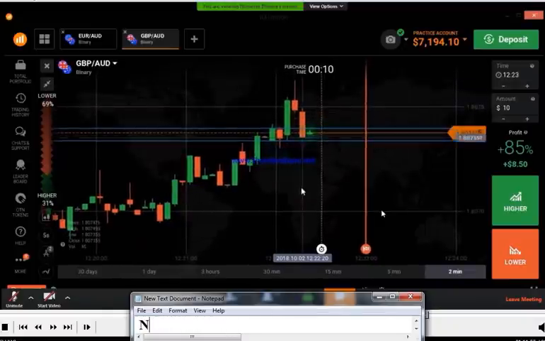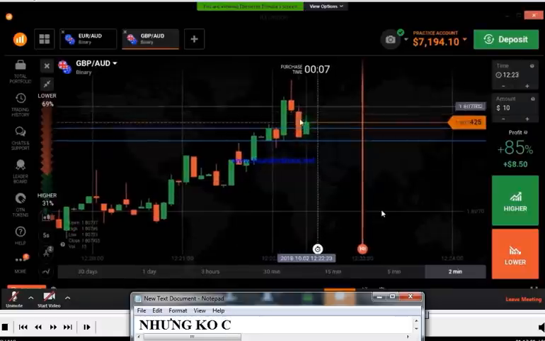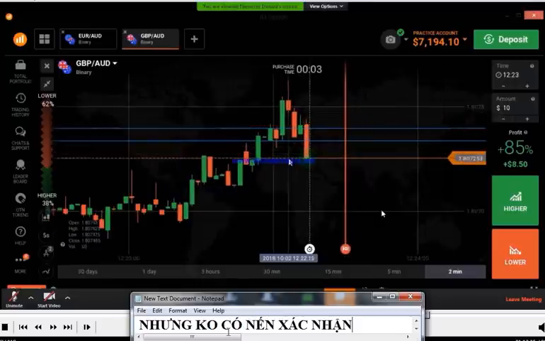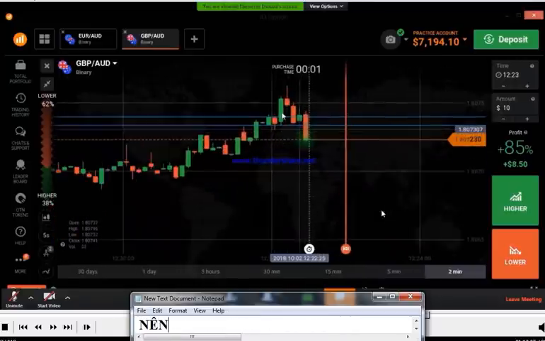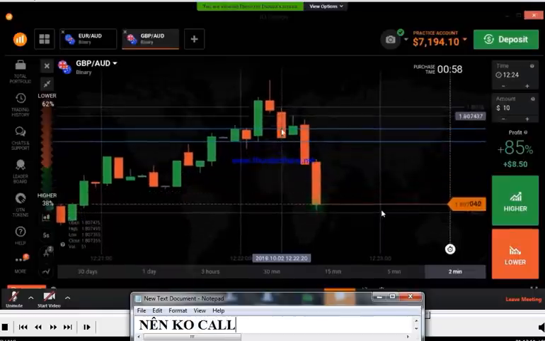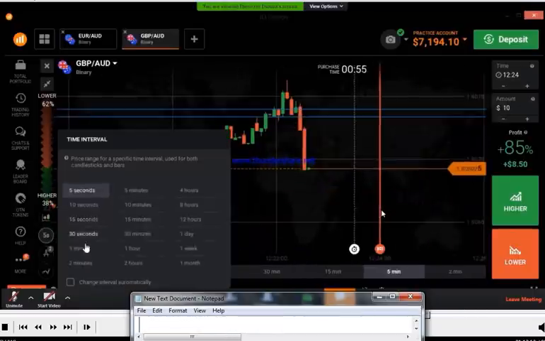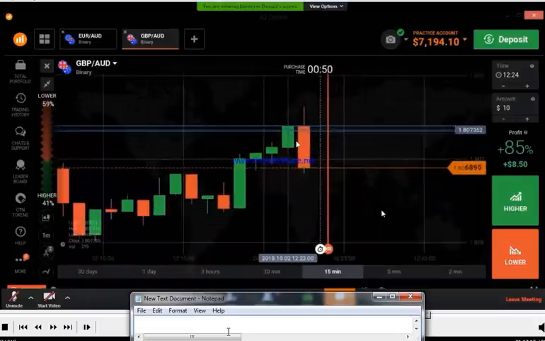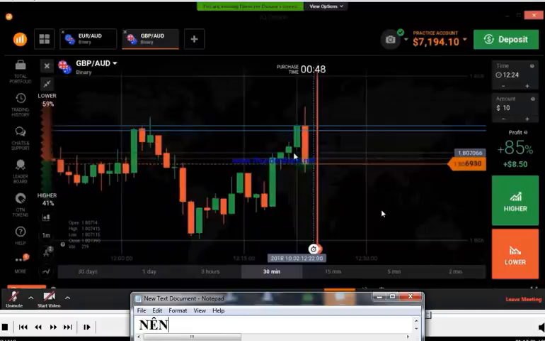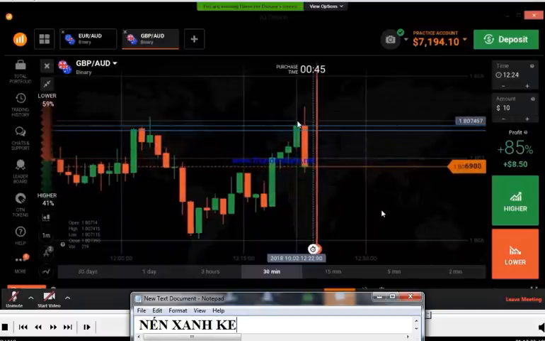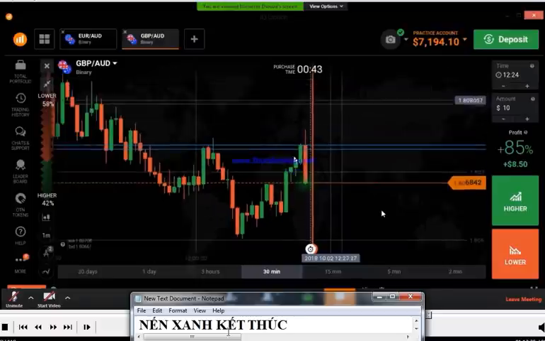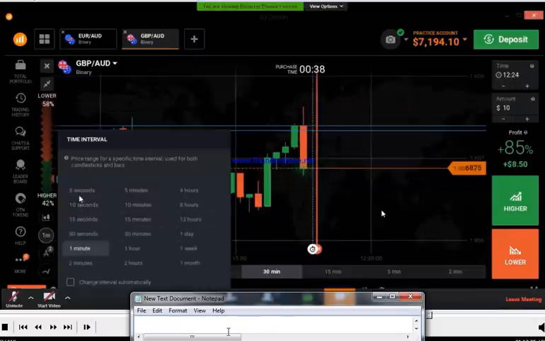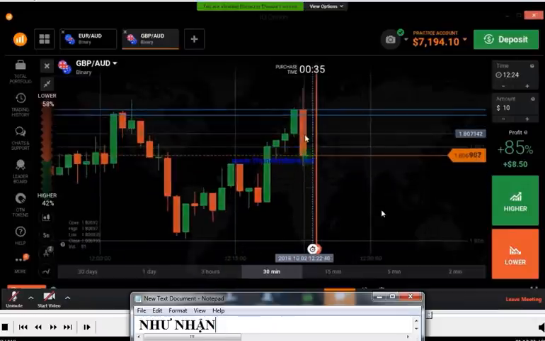Okay, you can see the strong seller's entry, right? Because of the strong level, you can find a strong confirmation here. Yeah, because this is a very strong level. This candle closed on the level. It didn't break this level, right? If this candle broke this level, it may go more up, but it didn't break this level. That's why it reversed. You can see the confirmation in this candle.